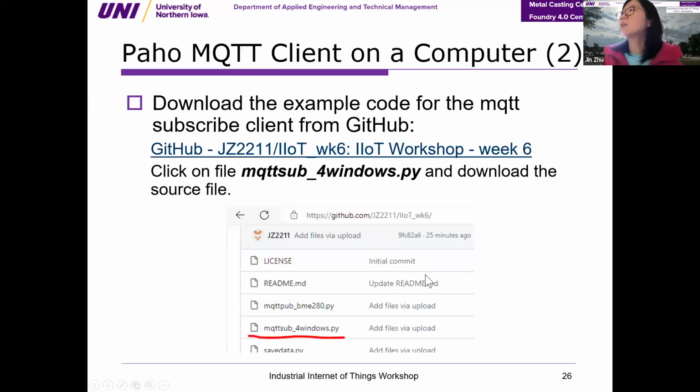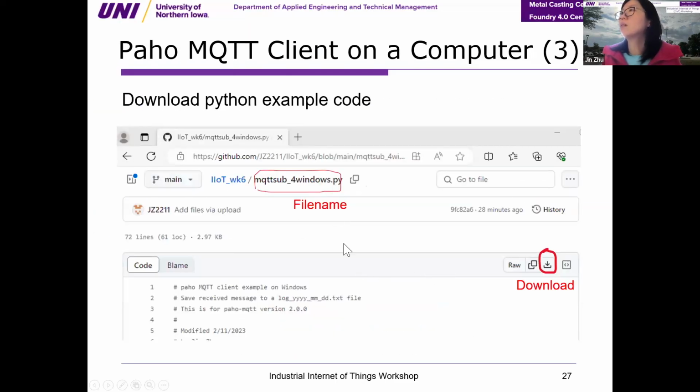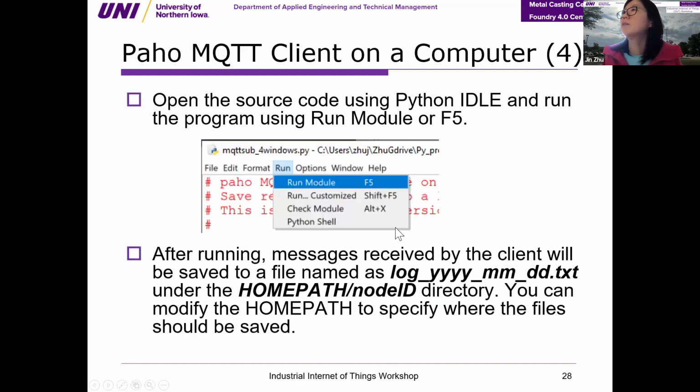once you complete this, download and make sure it's the correct file, and then you can run the code. Once you run it, any message you receive is going to be saved to a file, named after the date on which I received the data, and under